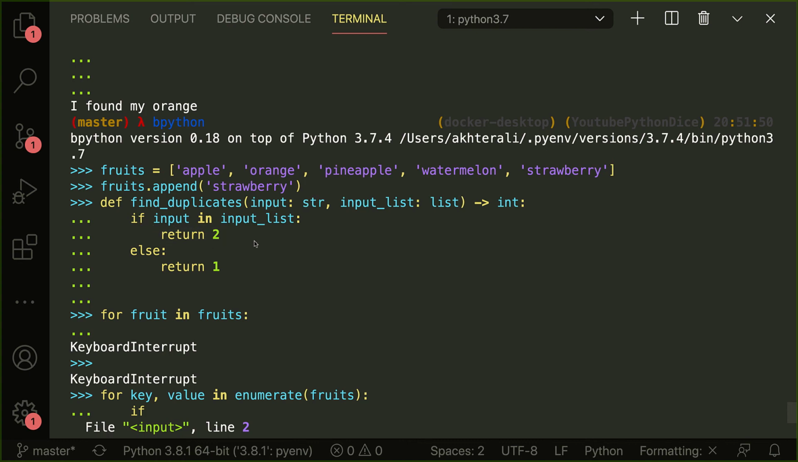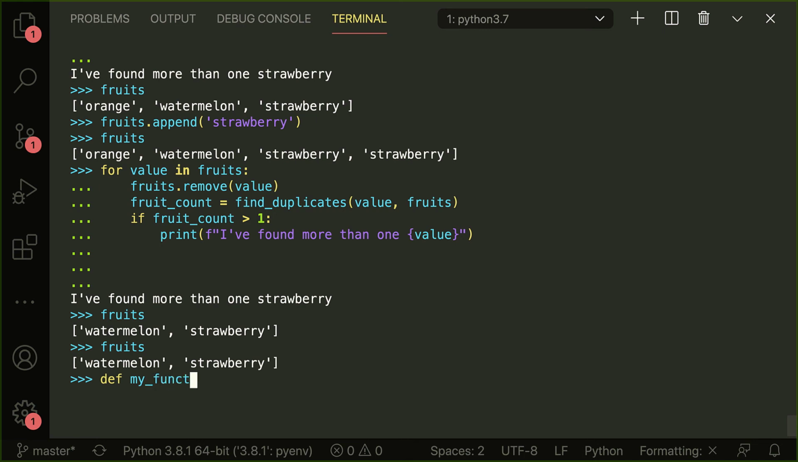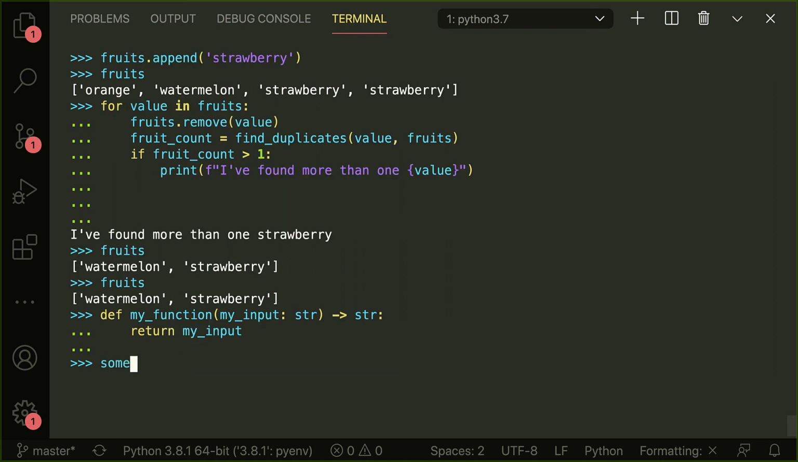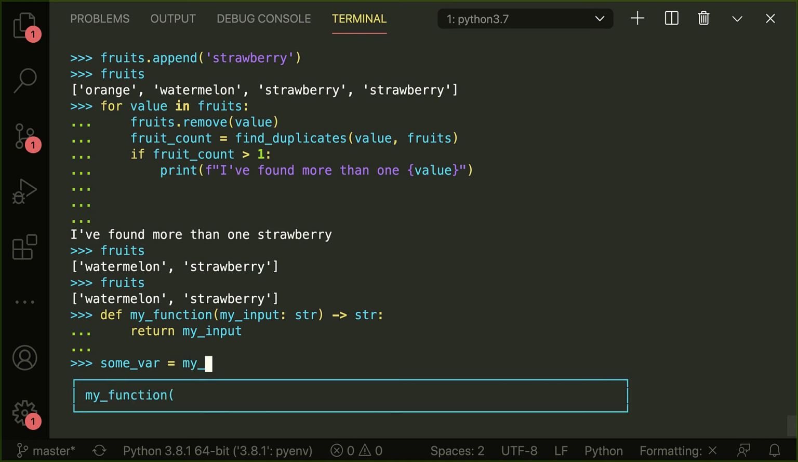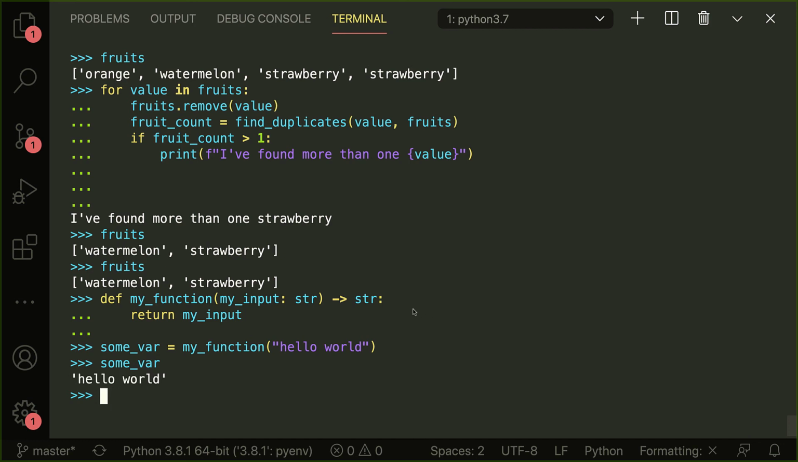Now I was going to explain what the difference between a return and a print is. So if I were to say def my function, and my input, and let's just say that's a type string, and it's going to return a string. I'm just going to return the parameter that I pass it. So some var is equal to my function, and my input is hello world. So some var is now equal to hello world. That's what return does. You call this function with a parameter, and then whatever this function returns gets assigned to